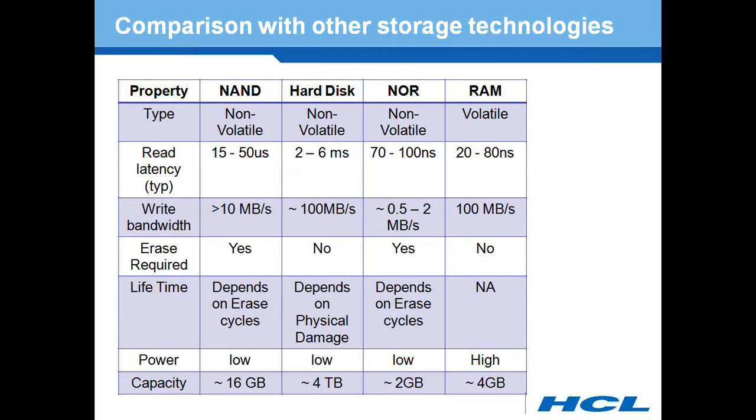And in terms of capacity, nowadays a single NAND flash memory can store around 16 GB. If you need more than 16, we can combine multiple flashes to get higher capacities. When we go for hard disk, today we can get up to 4 terabytes, and in case of volatile memories, it will be around 4 gigabytes. Relative to capacity, NOR flash memories are around 2 GB. You can store up to 2 GB per flash, which is the latest in the NOR flash domain.